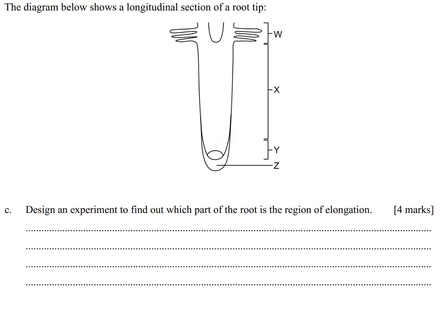Let's go back to the classwork. Can you design an experiment to find out which part of the root is the region of elongation? Copying from what we have just done, we should start from the tip and mark some lines across the root at 1 mm intervals. Let's write down together. Starting from the root tip,